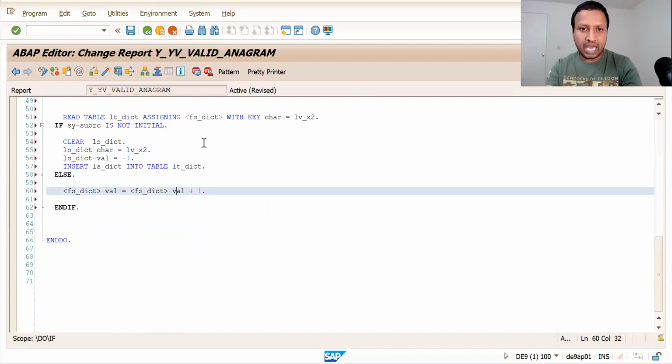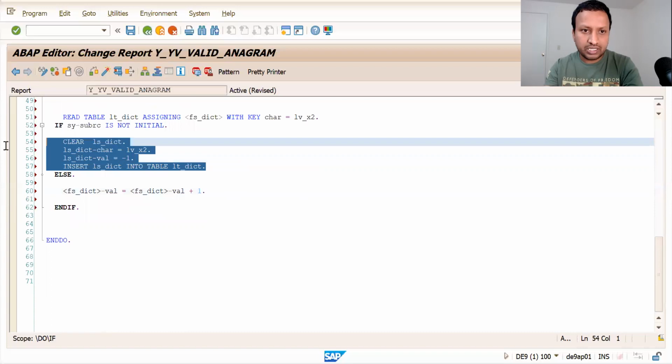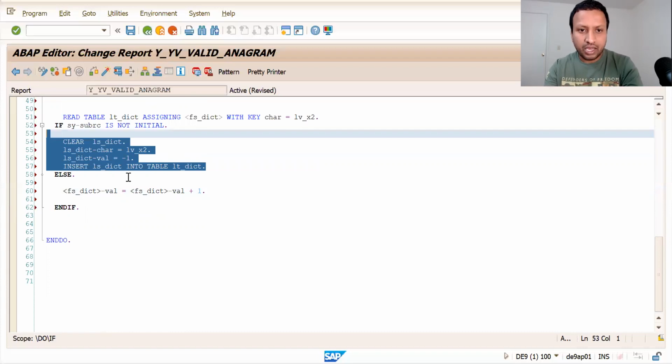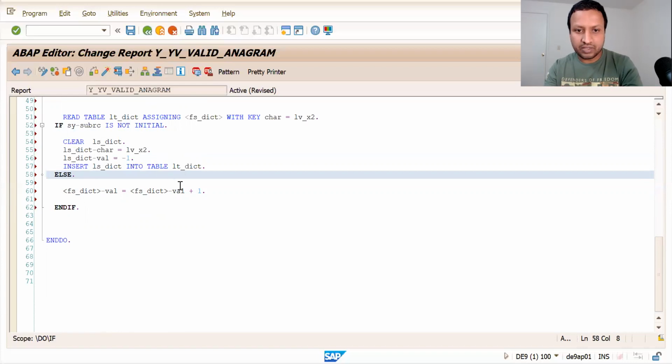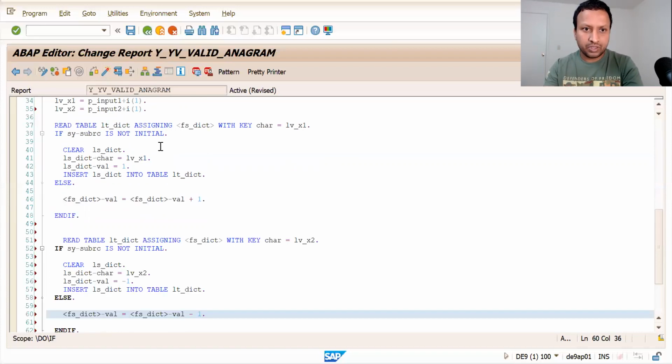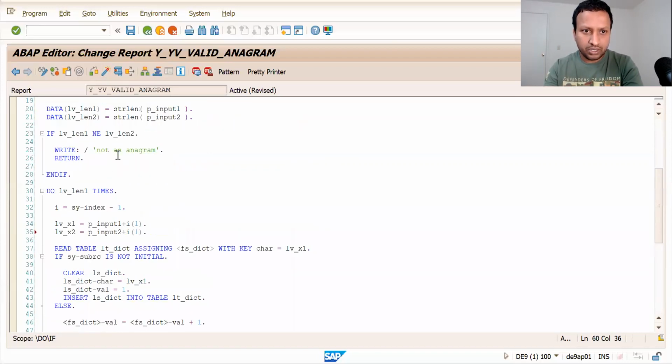And if we have found it, so this is done. If it is not there, we have entered the value in it. And if the character is existing, we'll negate the value by 1. So that is it. This should work.